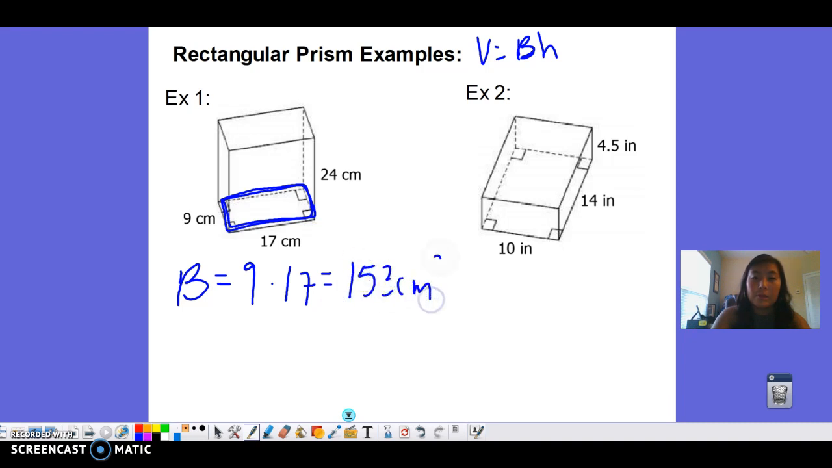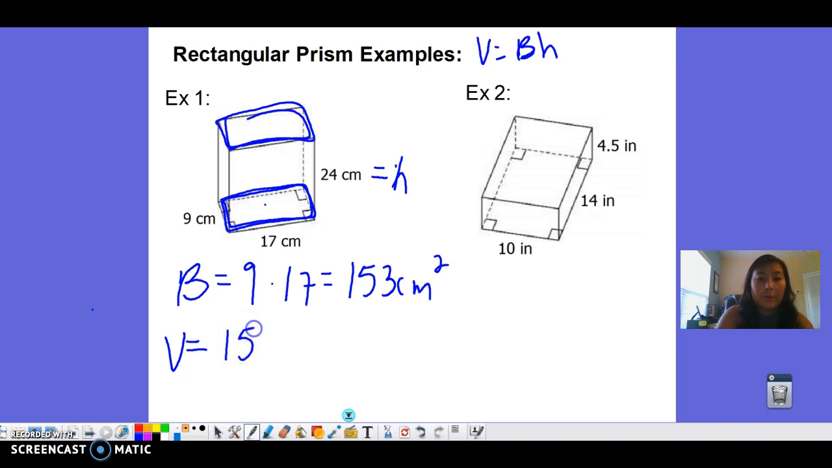centimeters squared, since we're dealing with area again. So the 153 is now going to be multiplied by our height, and our height here is the 24 centimeters. Again, that's what connects the top base, this base right here, to this bottom base below. So now for our volume formula, we're going to do 153 times the 24, and that is going to give us